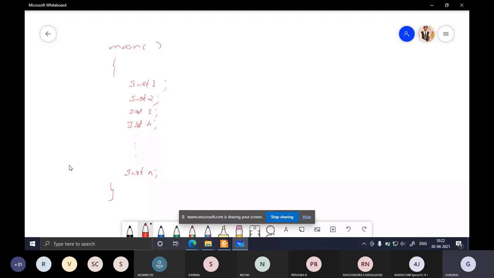This is the main program, and your processor, the ARM Cortex M3, is executing these instructions one after the other in a sequential manner. Let's say it has completed the execution of instruction 1. Then it has to go to instruction 2. Always remember the PC.